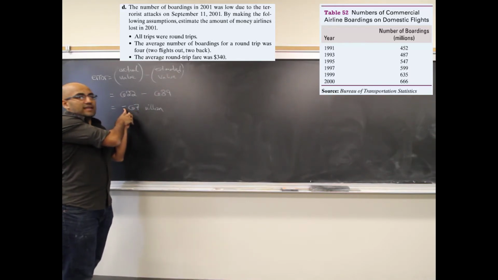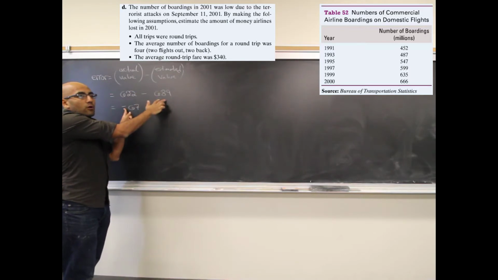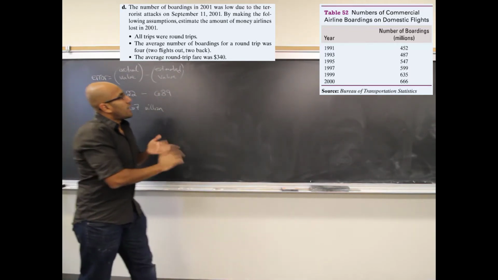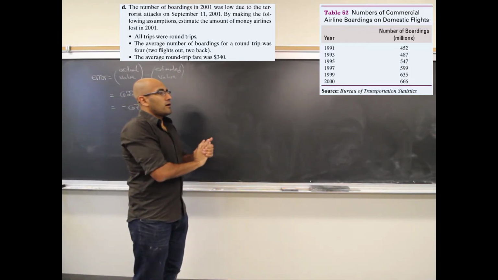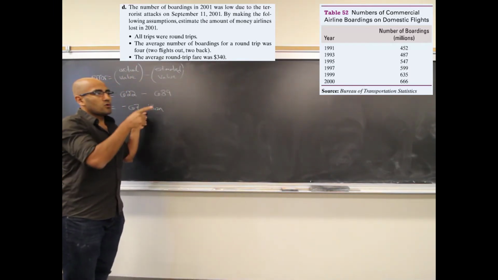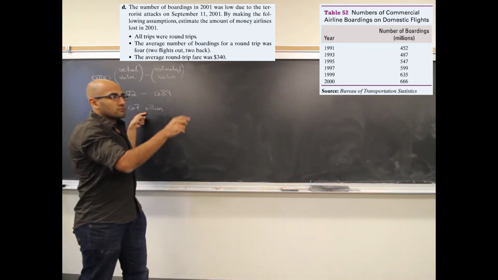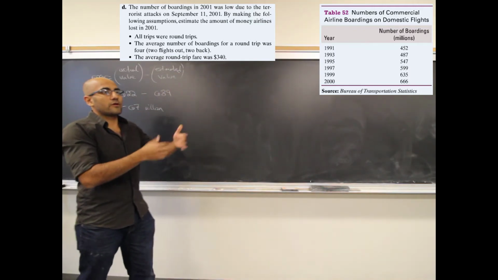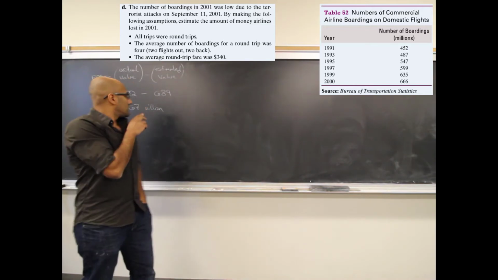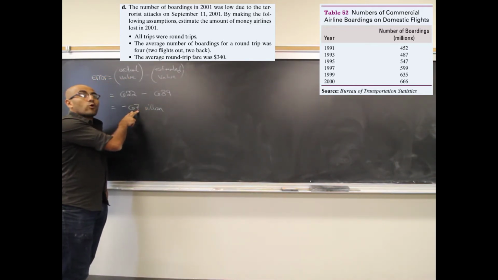The fact that it's negative indicates that this one is smaller than that one. We have to figure out how much money there was. If we assume all trips are round trips, so you go there, you come back, then of the 67 million boardings,